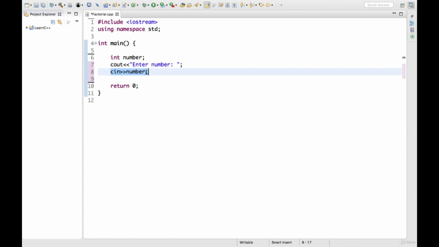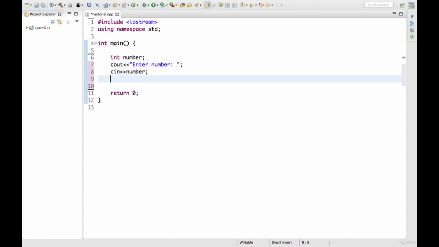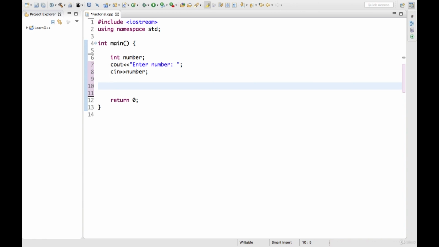Now we will just calculate the factorial here. So how can we do that? We will use a for loop for that, because we do not know which number the user will enter and we have to multiply it with the numbers less than that. So I will use a for loop here. In the round brackets of the for loop, I will make an integer i here. This will be the starting point from where our loop will start. So what I will give here is number